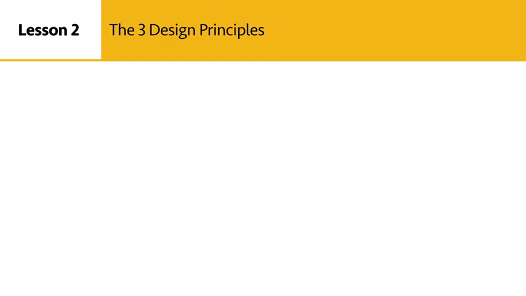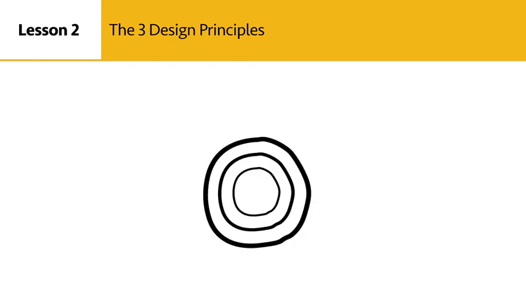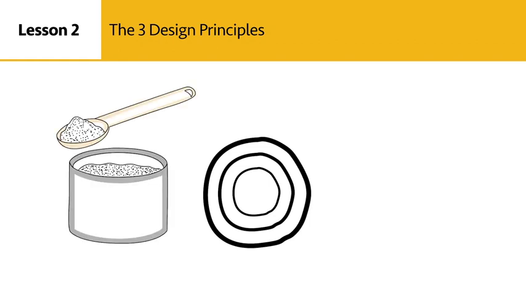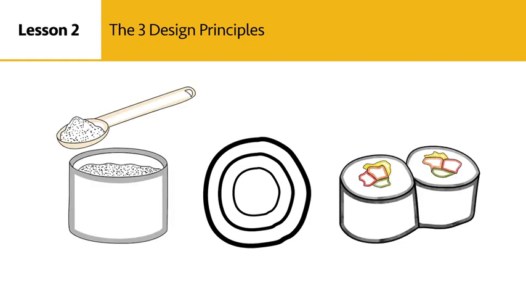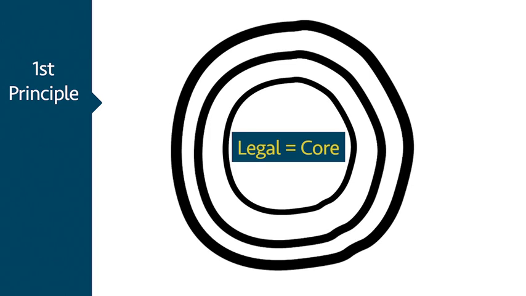In this lesson, we will discuss the magic of the legal chef, 3 design principles that turn alphabet soup into legal sushi. Legal info is at the core. Law is our rice. It's nutritious, hopefully healthy most of the time. It's fine-grained. From a distance, for an outsider, it all looks the same. But the chef knows the difference as an insider and expert.